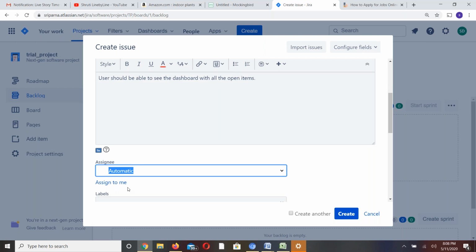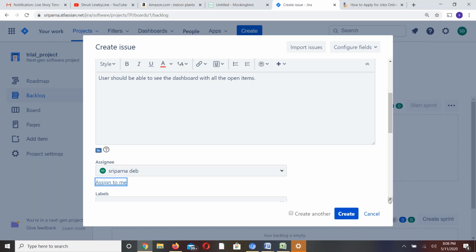Assignee. Let's say there are 10 people, and I added some people as developers. Obviously, for a project you will have developers and testers. You can just click on it and assign to the people directly. If it is an issue or a story, you can assign it to the developer directly. I cannot assign to anyone right now except Sriparna, because the only person created in this system is Sriparna. So obviously she is the reporter and she assigned herself this item. But otherwise, in general, if you are creating a requirement, you either assign it to a BA, or you can assign it to the developer for working on this particular item.